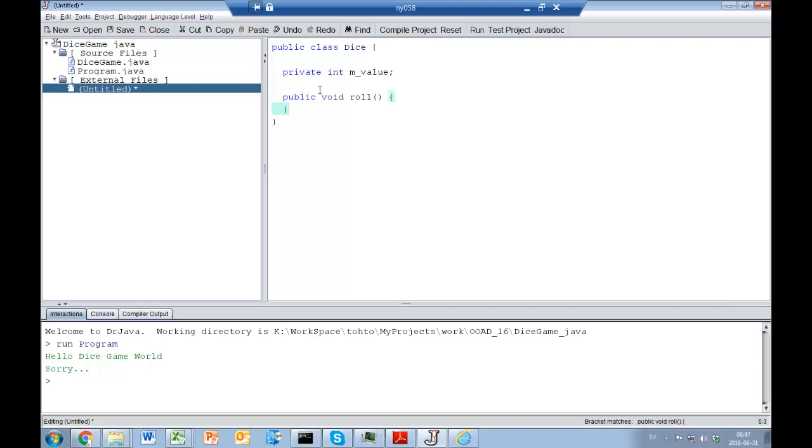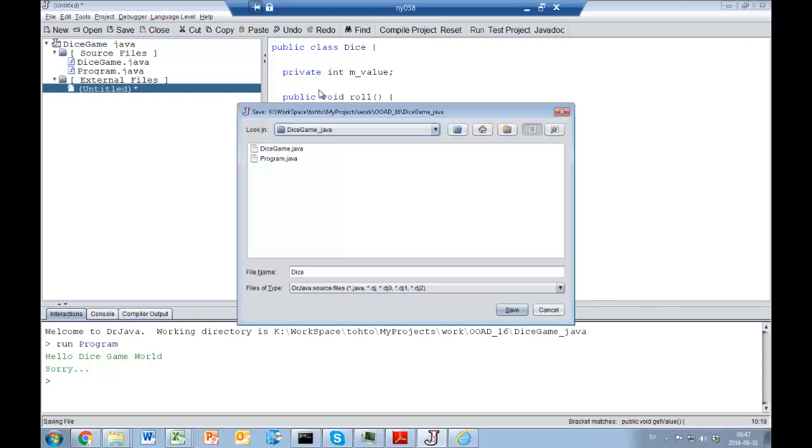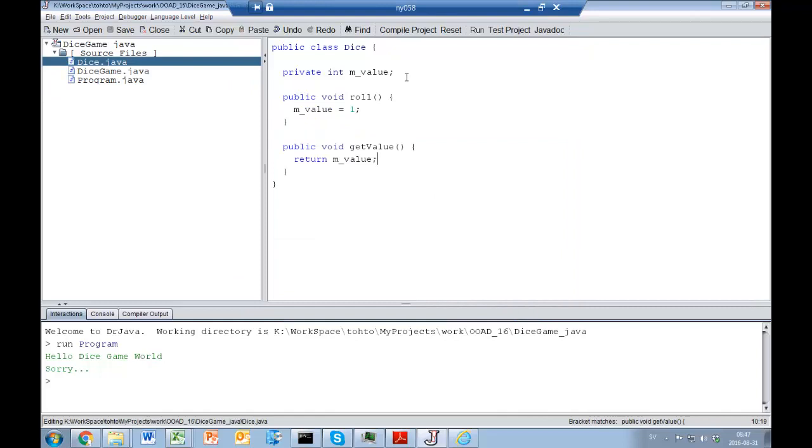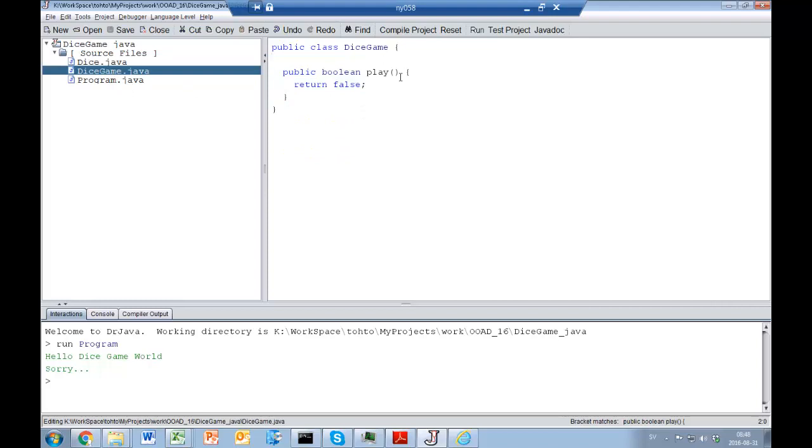A roll operation that sets the value to something. Something like that, maybe. So in the dice game, we should have two variables of this type inside the dice